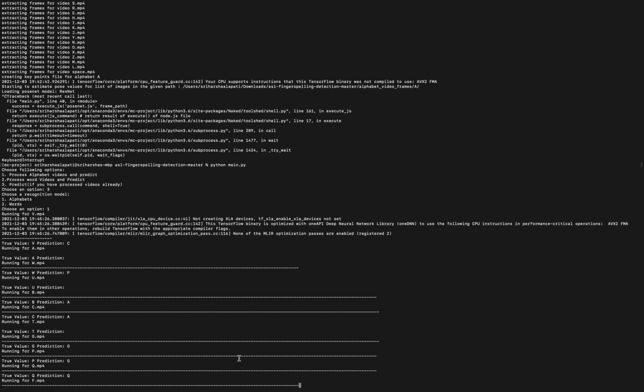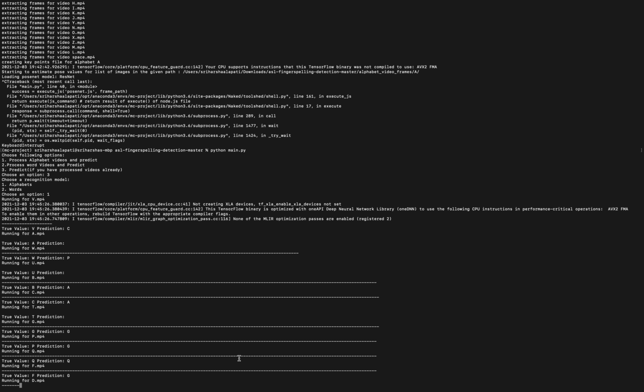It's predicting the letters, so we can see the G and Q are being correctly predicted.